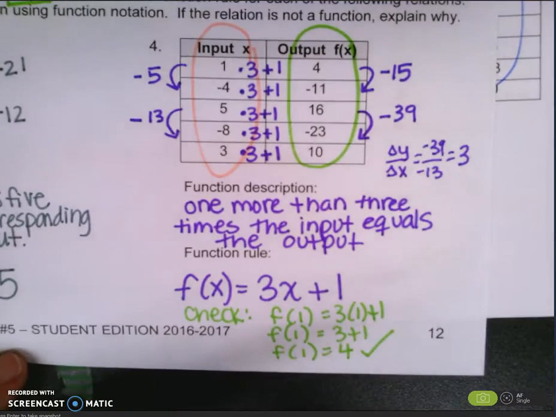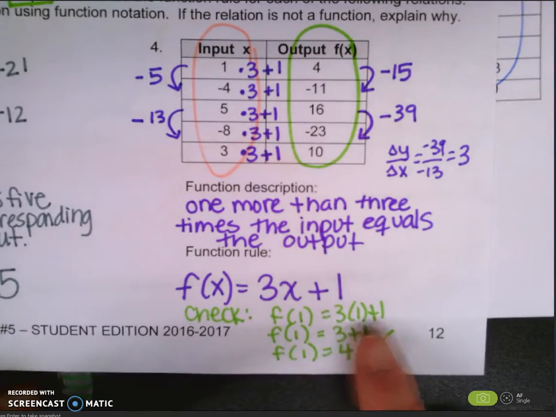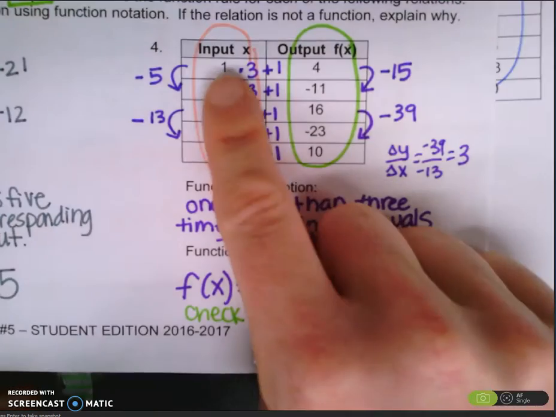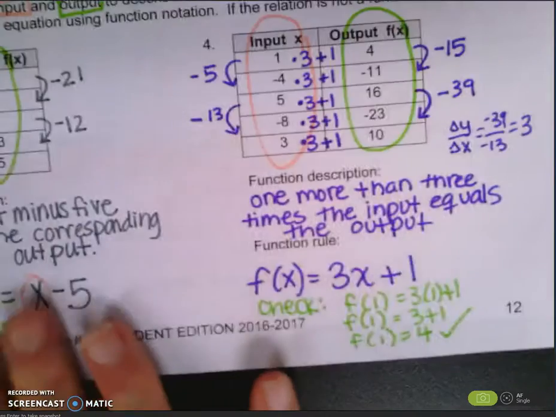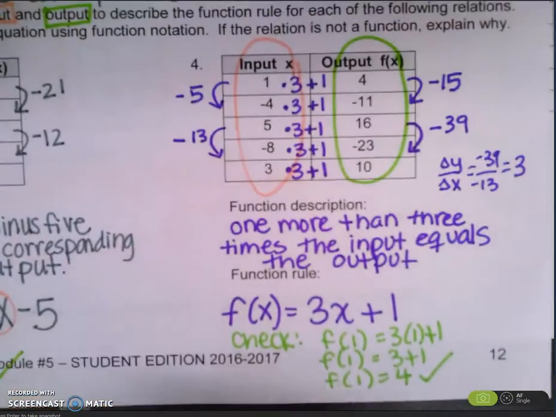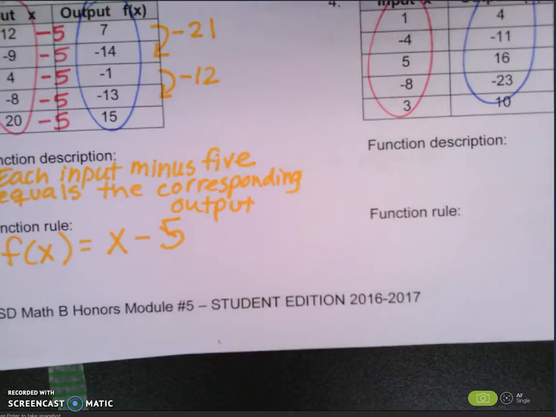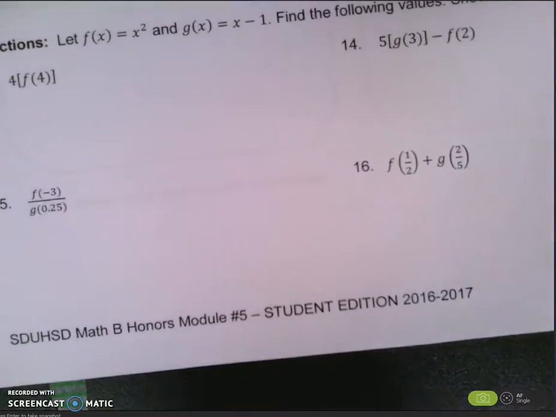And I decided to check when x is equal to 1. So f of 1 equals 3 times 1 plus 1. f of 1 equals 3 plus 1. Is f of 1 equal to 4? When x is 1, y is 4. So yes, I have the correct rule that matches my table. Wonderful. Let's move on to page 13. Taking a look at page 13 to look at